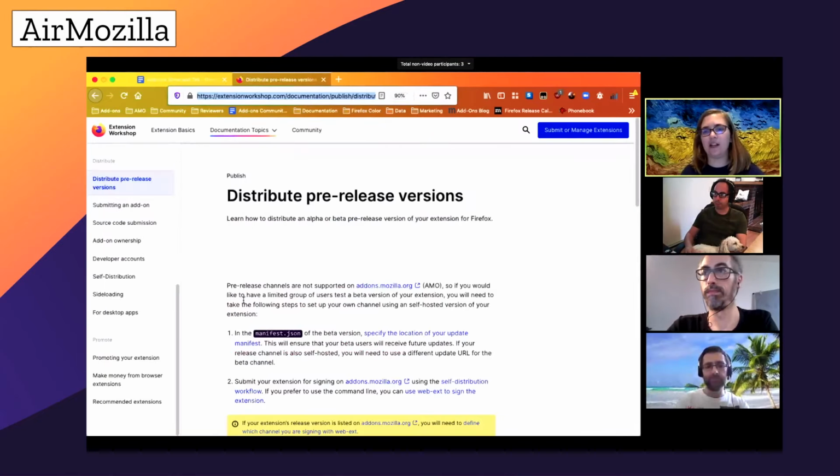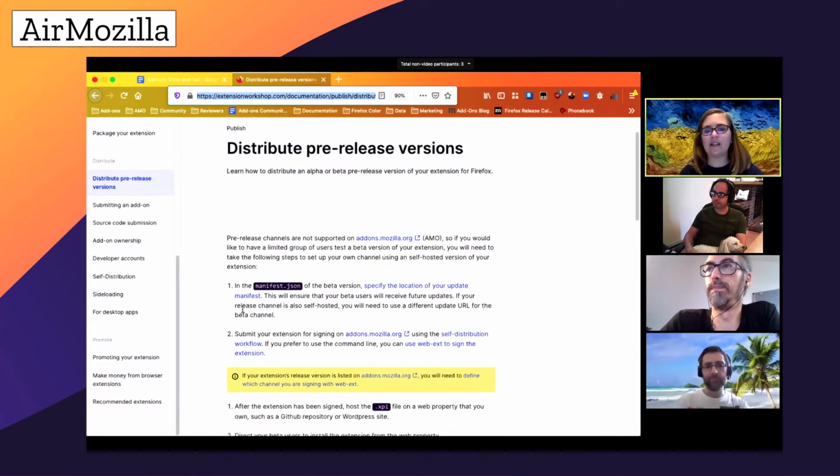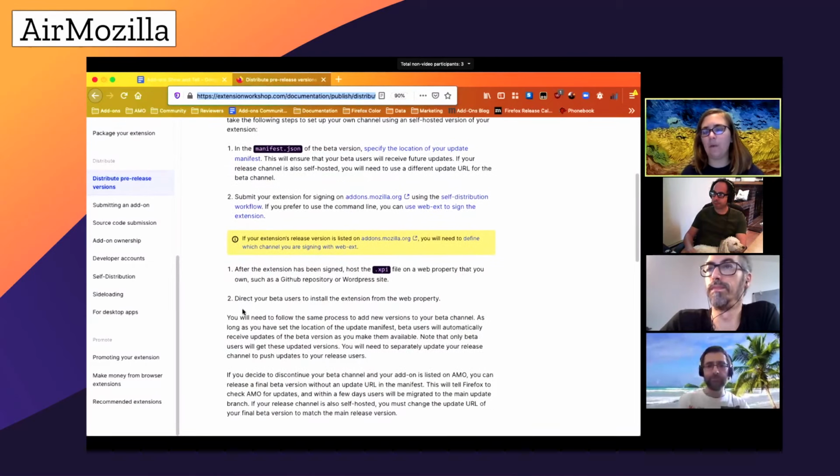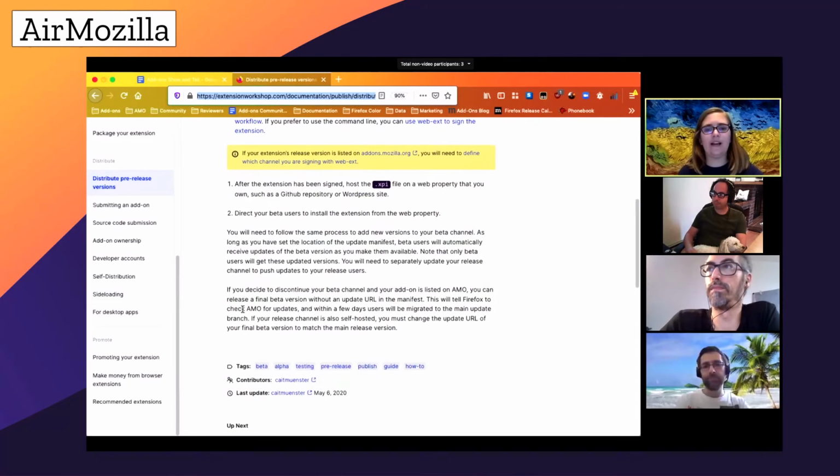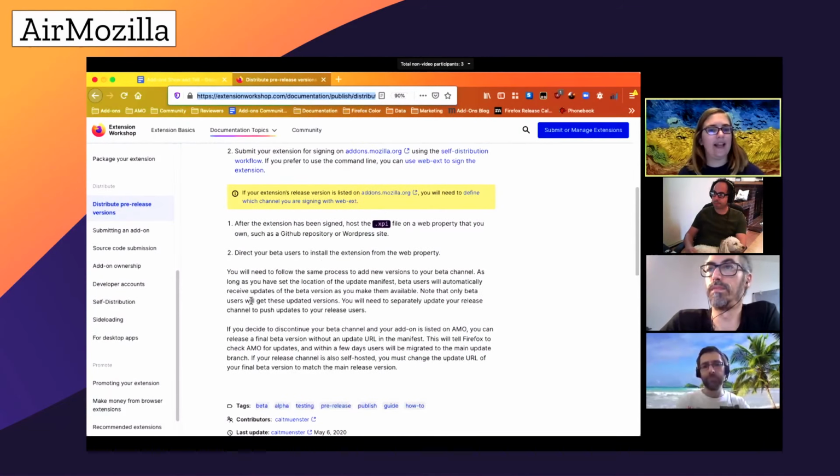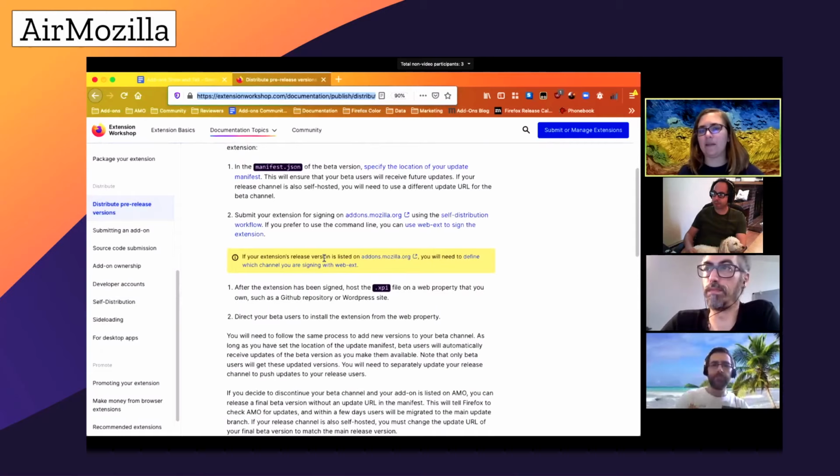So we wrote some documentation and we published it on Extension Workshop, and we'll be sharing this in an upcoming edition of the newsletter. Basically, we walk through what you need to do in order to set up a self-distribution channel, what you can expect from it, why this is important,